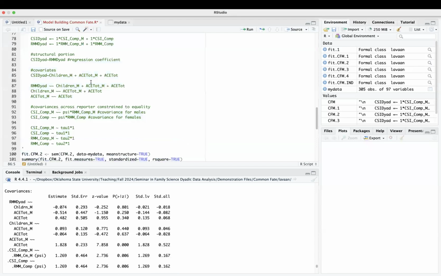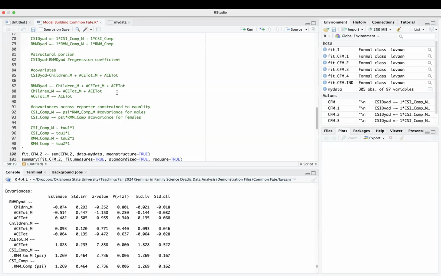So just as I tested distinguishability at the dyad level in the second step, you could constrain the effects of ACEs to be similar across males and females to see if you can get an even more parsimonious model. Again, they're both non-significant, so there's not a whole lot more you could do in terms of